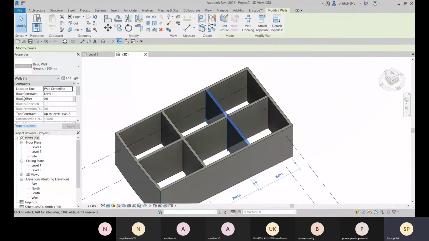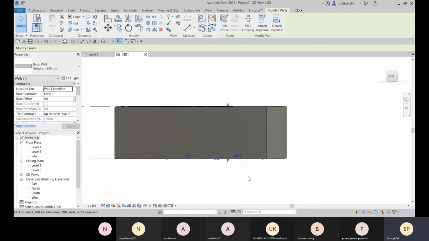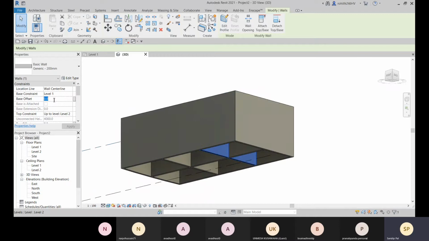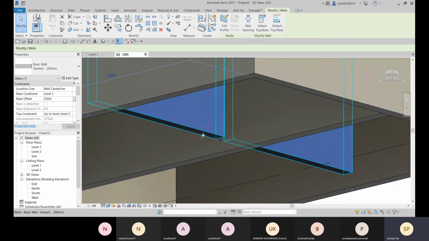So for that, let me show you first the instance properties. So base constraint, base offset. Like you have this base constraint, okay? So base constraint is your level one, and from that exact level one, it is started because the base offset is 0. So from that base, it's created. And if you want to put it at any particular height, let me show you that. Suppose 250 is the distance, and here you can see from this level 1 you have provided 250 offset,